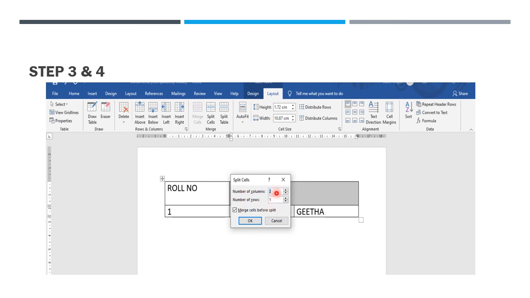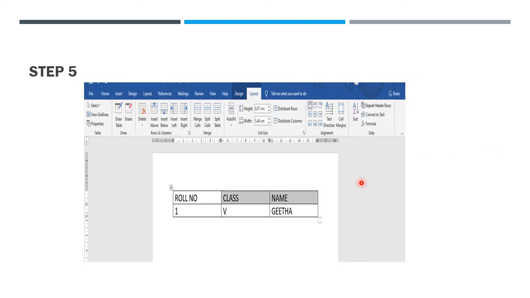Here I typed 2, number of columns is 2 and number of rows is 1. Then click the OK button. See, the cells will be separated. So this is the way to split the cell in the table. Thank you, students.